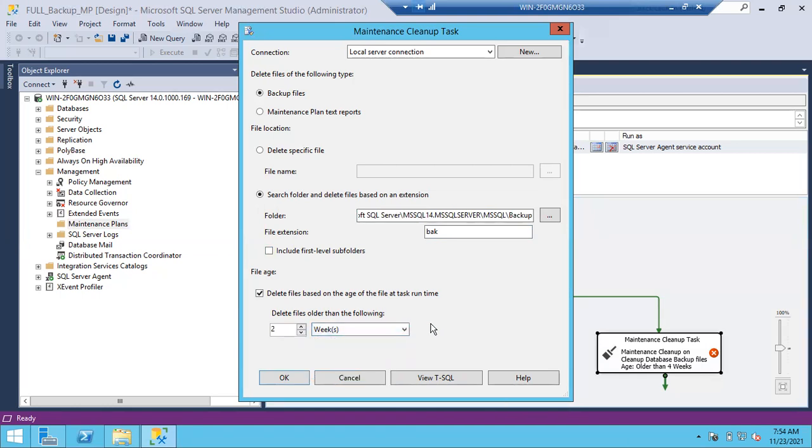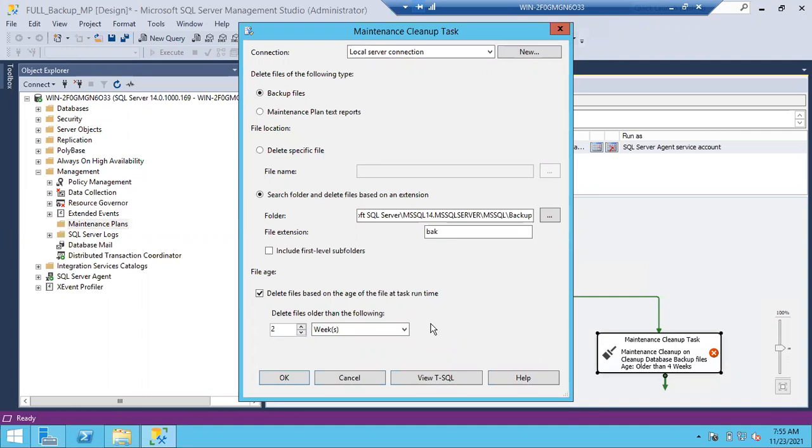Usually, guys, in an organization they will maintain at least 2 full backups. Why? Because if the current full backup is corrupted, at least you will have the last full backup, right? So don't maintain only 1 week of full backup, guys. At least 2 full backup sets they will maintain. Sometimes they will maintain 3 full backup sets. That means the last 3 weeks of full backups if it is a weekly full backup, or the last 3 days of full backups if it is a daily full backup. Clear? At least 3 or 2 full backup files, either weekly or daily.